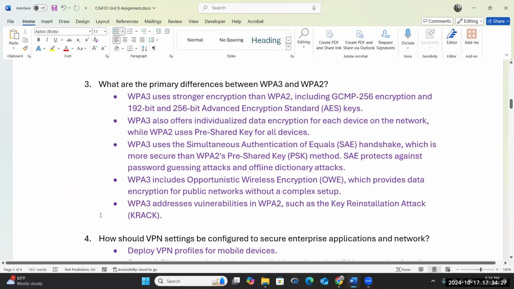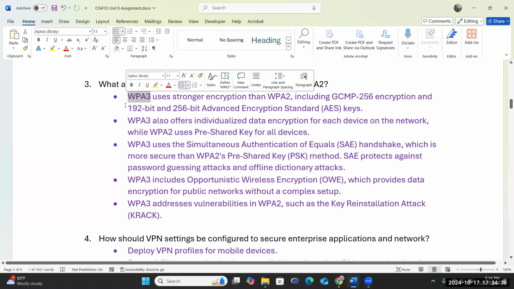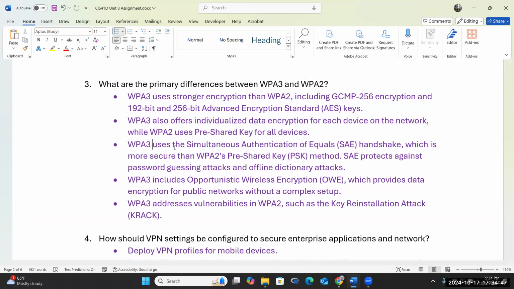So when you buy your wireless devices now, the new modern wireless device is going to come with the WPA3 standard. And so if you have this option, you should enable it on your wireless router, access point, or your wireless mobile devices. Okay, so that's just a summary of